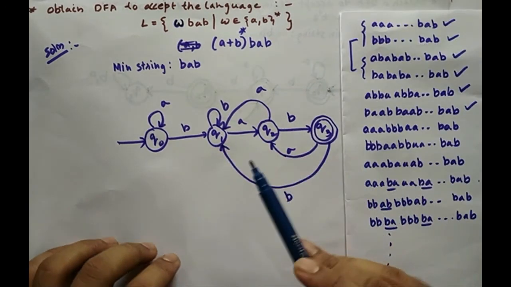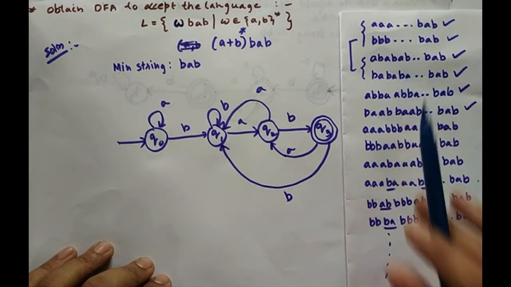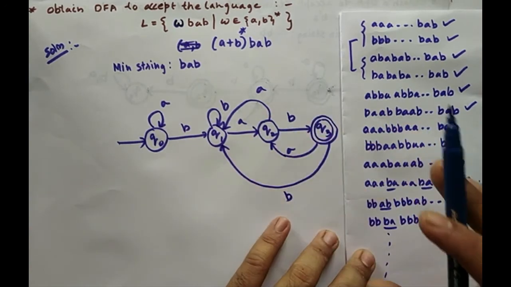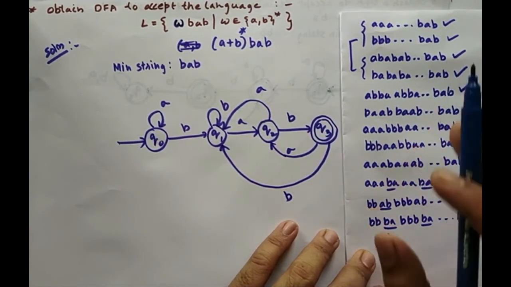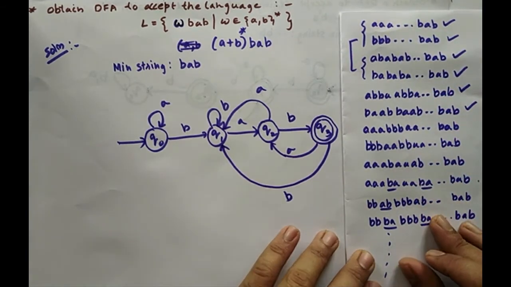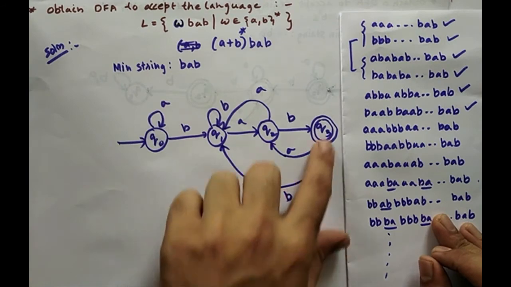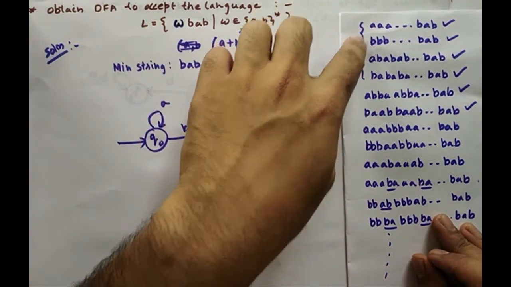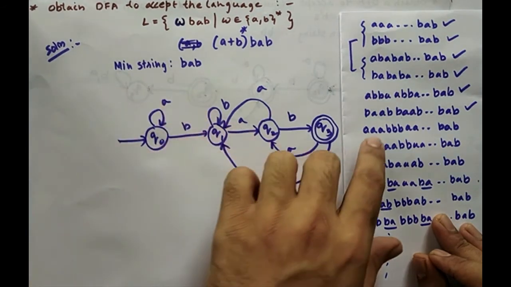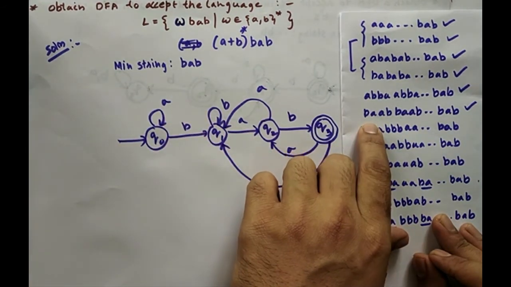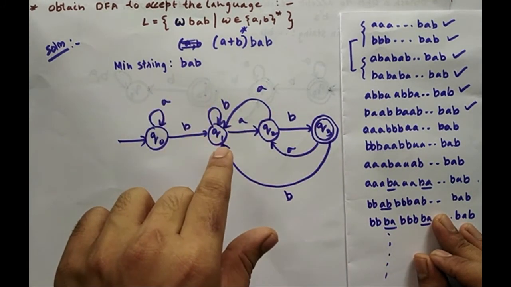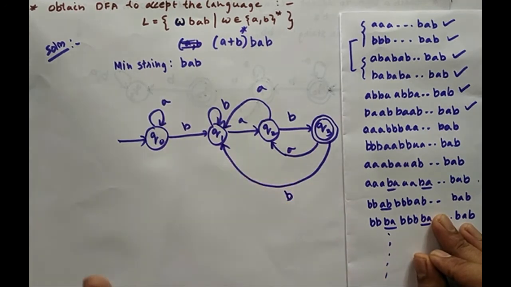Okay. Now please note, students, that what we are doing is basically trial and error. There is nothing right or wrong unless and until all the strings are checked. Only then will you come to know whether your automata is correct. It may so happen that so far for the given strings the automata appeared to be correct, but then there is a particular string which does not get accepted. Then you have to go and change the previous transitions and again start. Now the same thing has happened here.